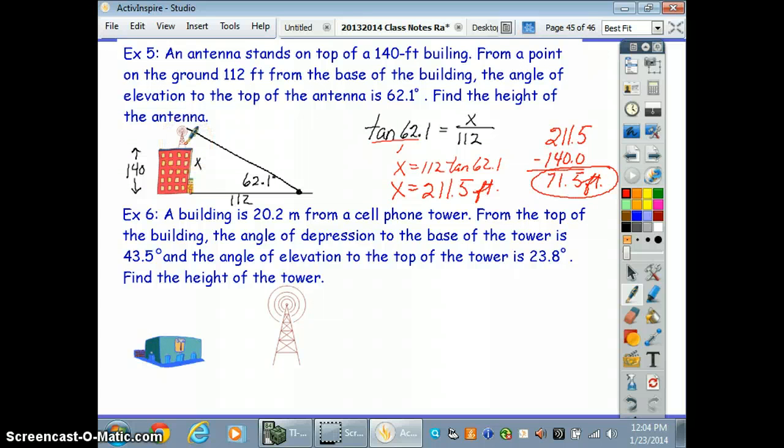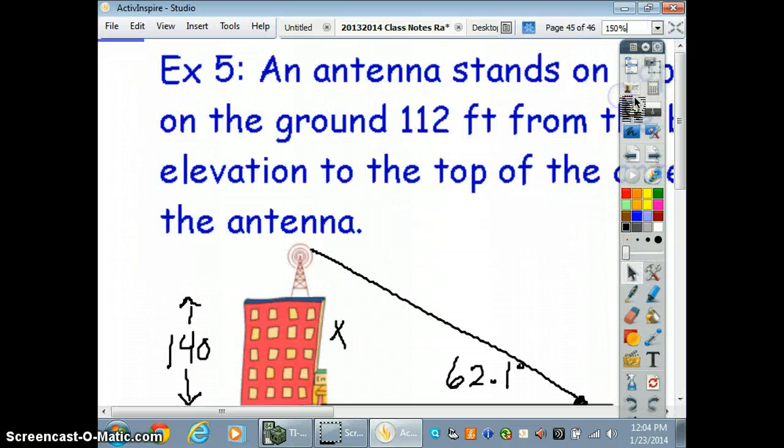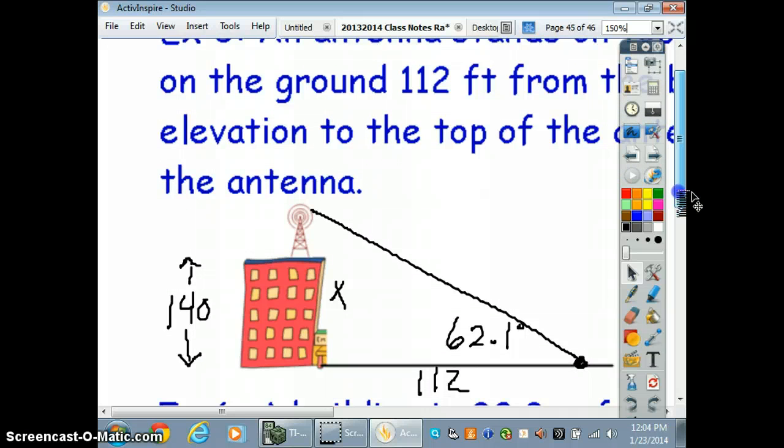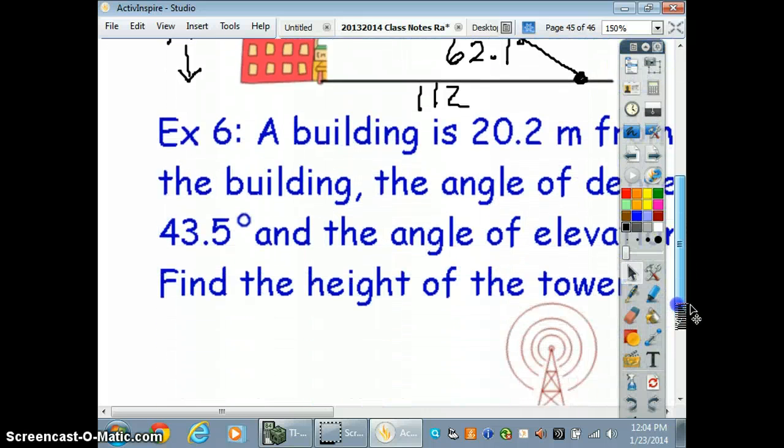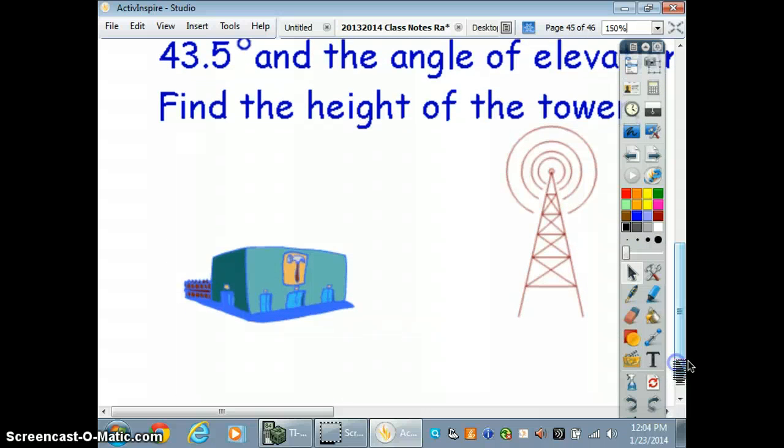Okay, this one's tricky. I'm going to blow up the picture here. Okay. We're going to have to read it, though, from the paper. Okay. A building is 20.2 meters from a cell phone tower. All right. And from the top of the building, so if you're standing here, from the top of the building